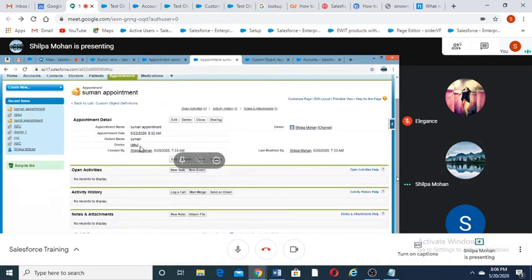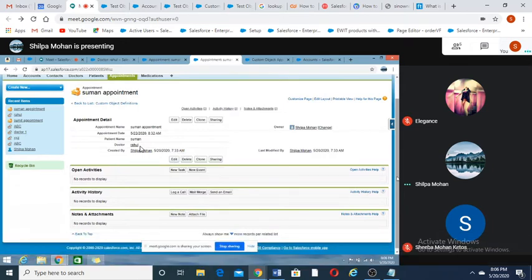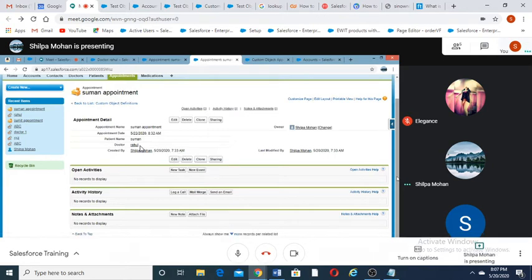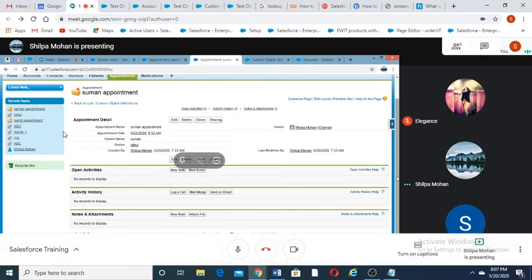If we are not providing doctor and trying to save the record, it will still save, because it's not mandatory to provide a doctor. Okay, this is lookup relationship. And one more thing is, when you delete a doctor, if you delete Dr. Rahul from the doctor object, this appointment will not be deleted.